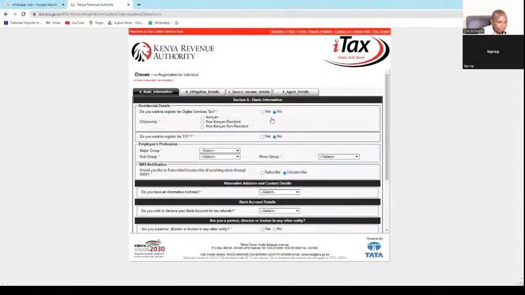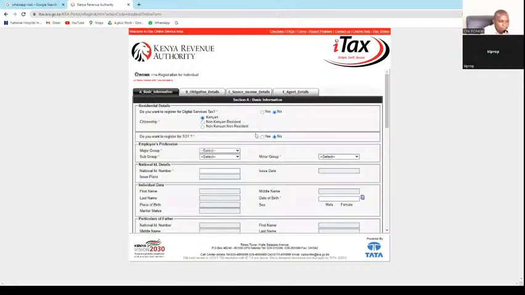Okay, so click next, then we get this basic information. The basic information is just simple. It will ask you, are you a citizen or non-citizen? Yes, it is a citizen. Do you want to register for digital service tax? No. And do you want to register turnover tax? No. Then on the side of employee profession,